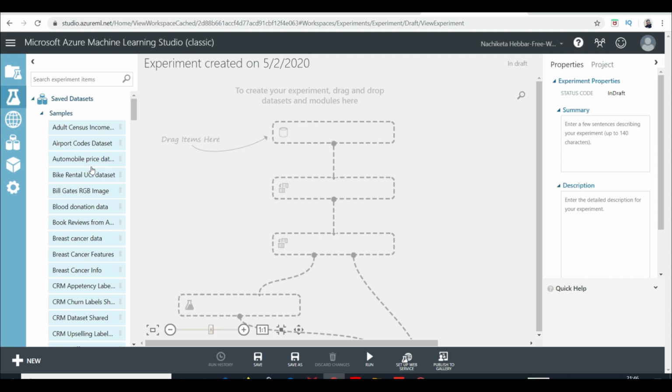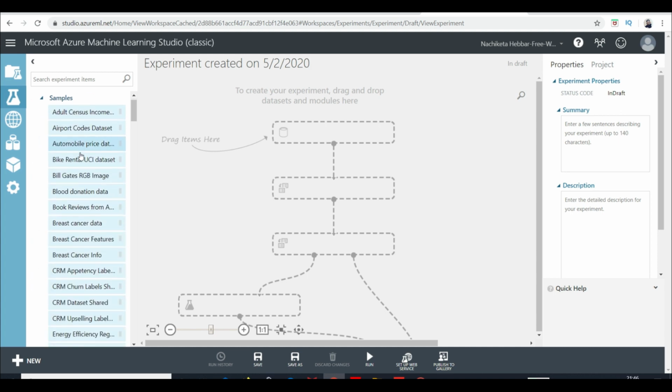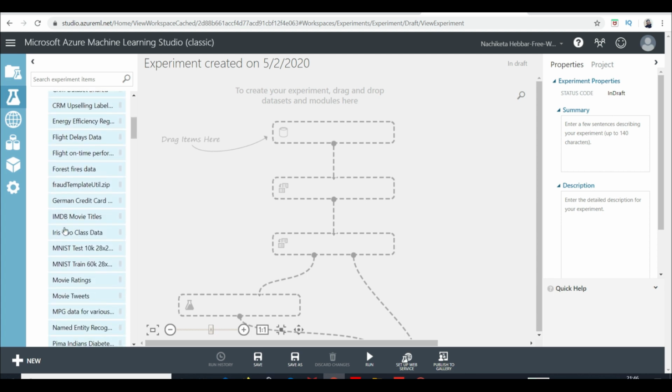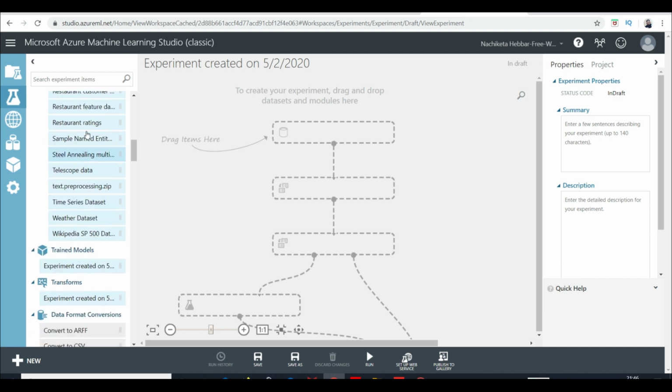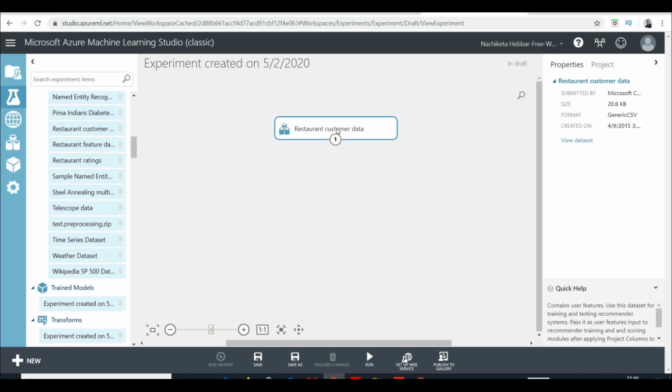Like in any data set, you have to load a data set, and there's a column called saved data sets over here, right? And it has lots of samples. You can either export your own data set or use a saved one. So I'm going to use a saved one, but if you want to experiment, you can on a new data set as well. So I'm going to use a dataset called restaurant customer ratings because it is perfect for practice. It has lots of missing values that we'll learn to pre-process as well.